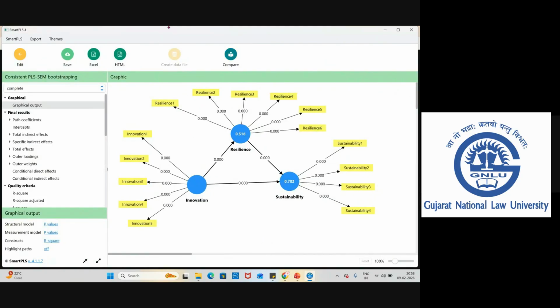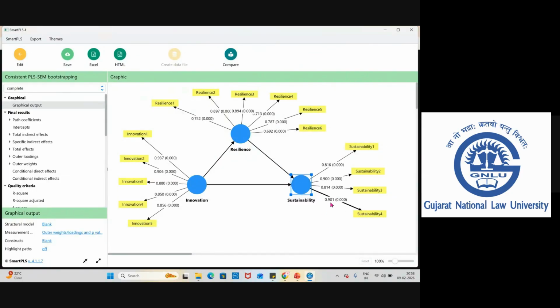Now, just look at the result here. As part of the measurement model, the structural model will be blank. For the measurement model, as we have reflective concepts, we are going to select factor loadings and AVE values. Concepts will be blank. Now see, is there any concept with factor loadings less than 0.708? We have done this earlier as part of the moderation analysis, so no need to worry about it here. Okay, so we are able to achieve it.